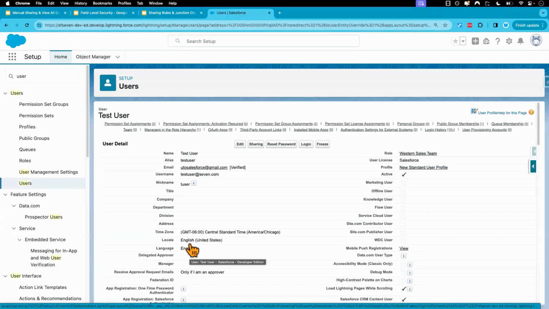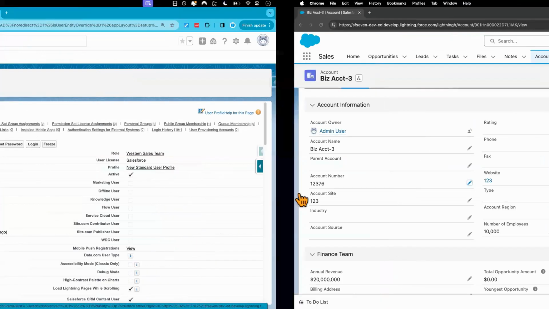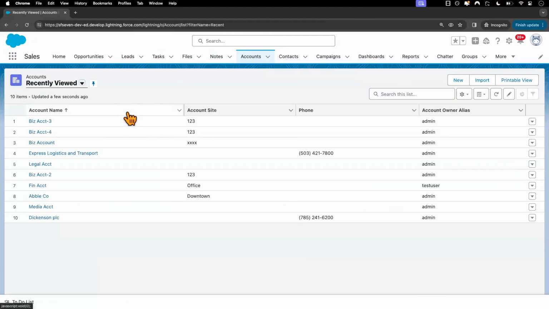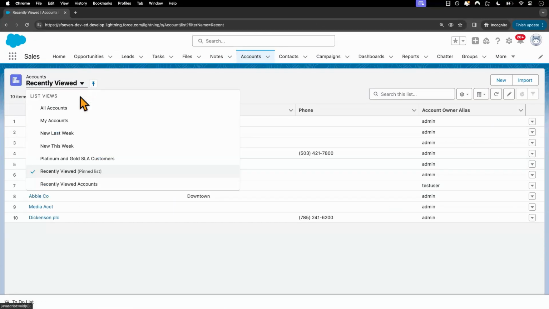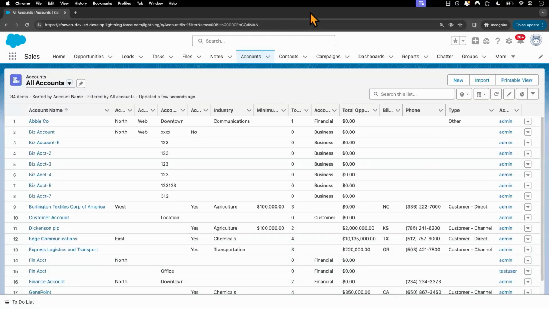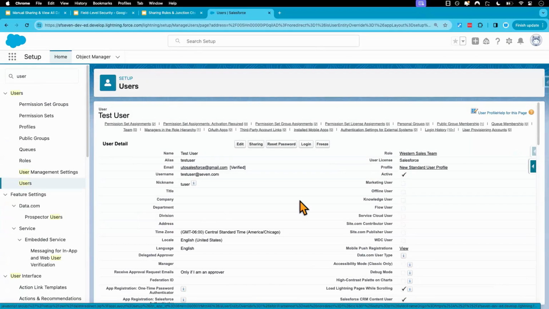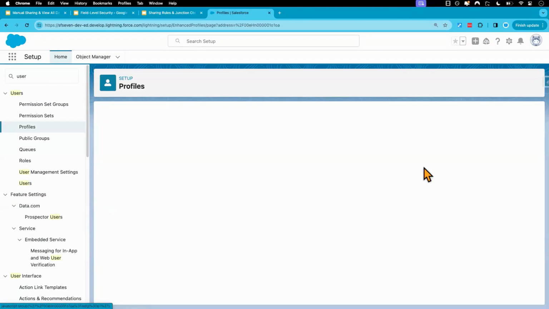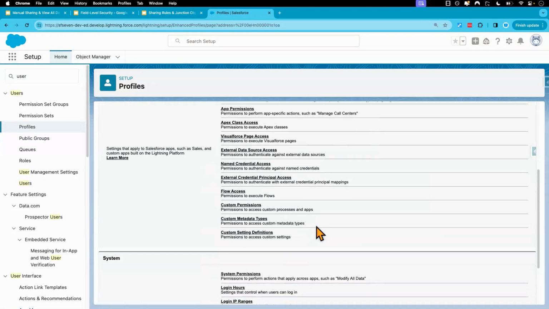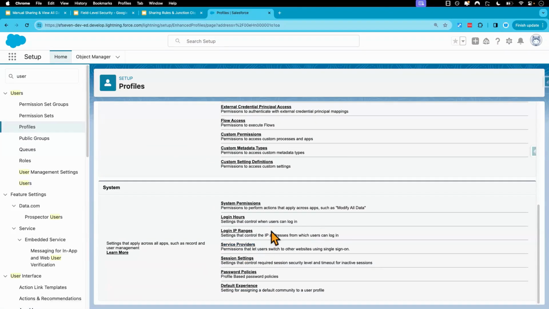So right now, what's happening is this user still has access to all the account records, but this time it's not coming from the permission set anymore because we removed that permission set from our user. This time it's coming from that profile. Now what I will do is I'll go back to that profile and remove that permission from this profile. Go to the system permission,